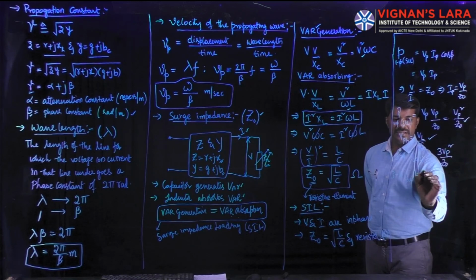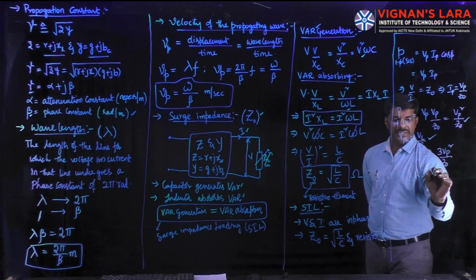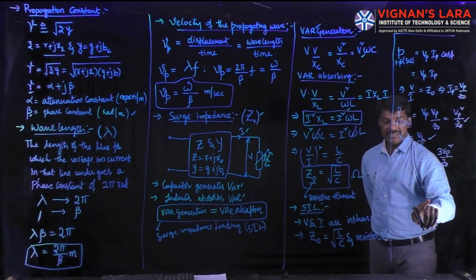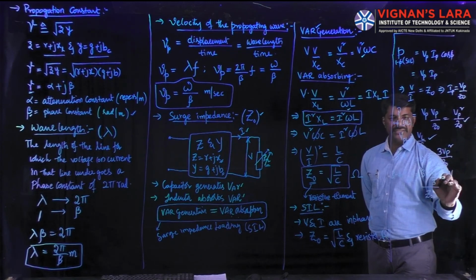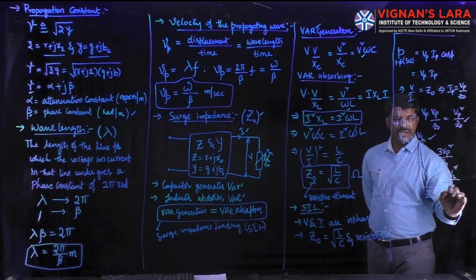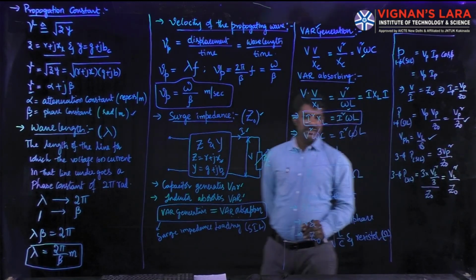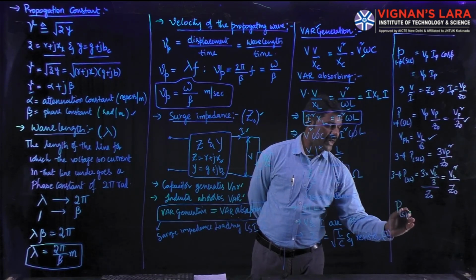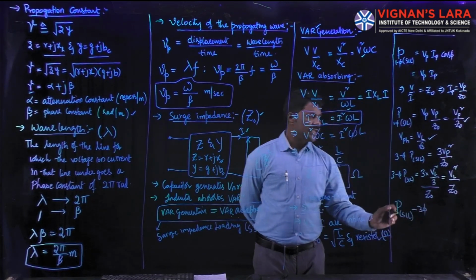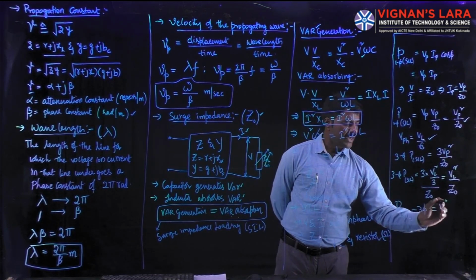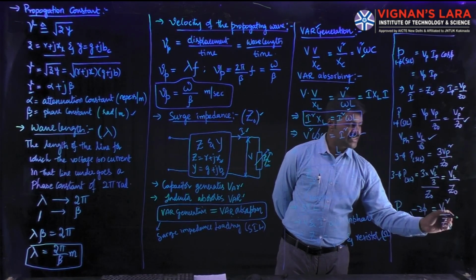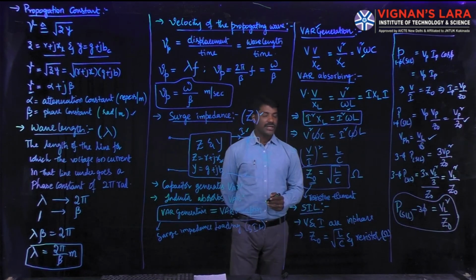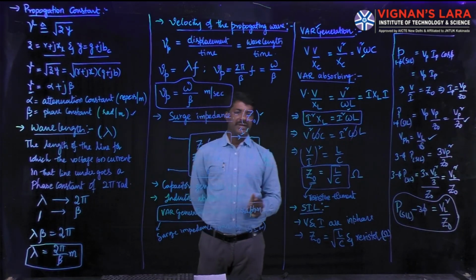What you can get is 3 into V phase square, that is VL square by 3, divided by the series impedance, that is surge impedance Z0. 3 gets cancelled and you can write this as line voltage VL square by Z0. So now the power value under surge impedance loading condition with a 3-phase system is defined as VL square by Z0. Once this is calculated, it plays a major role in deciding the nature of the transmission line and the power transfer capability of that transmission line.